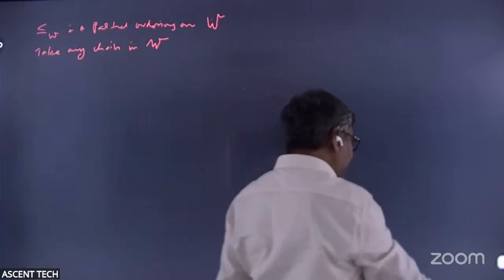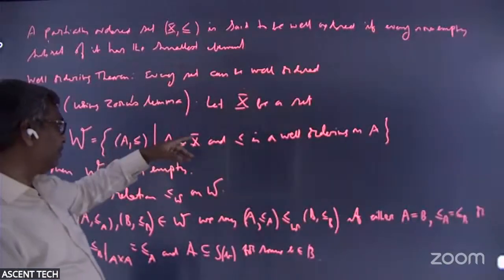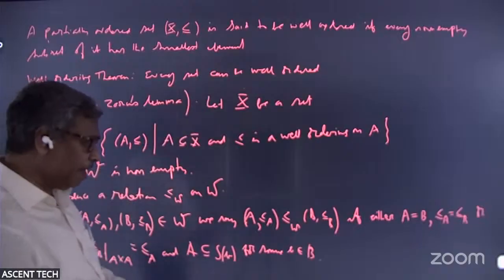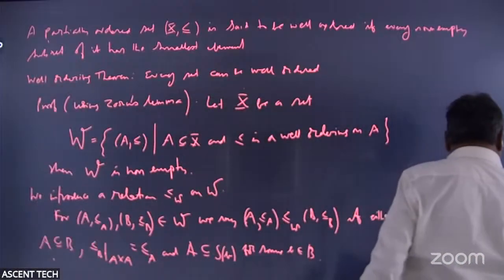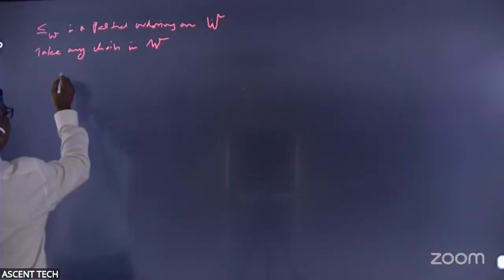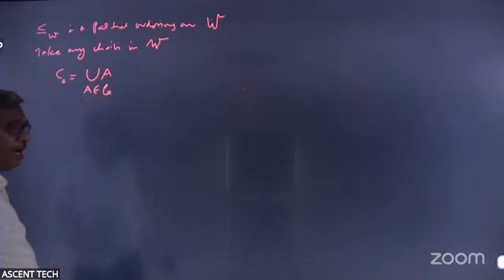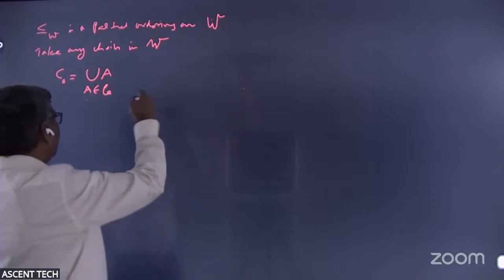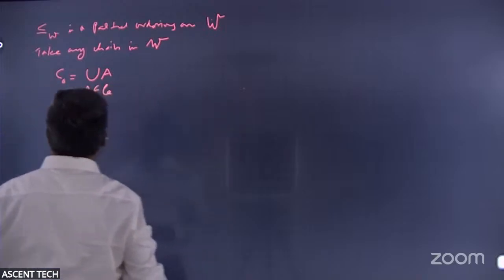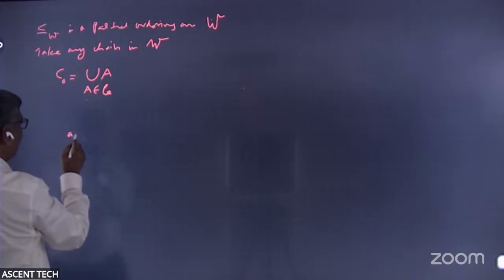And that maximal element you will easily show is really the ordering on X, because you can't have anything more than the maximal element. Anything outside, we'll come to that. You take any chain in W. I claim you look at C0 equal to the union of the A in that chain, with continuation as the inequality. Continuation will be very easy in this case. And if I take any two elements A and B in C0,